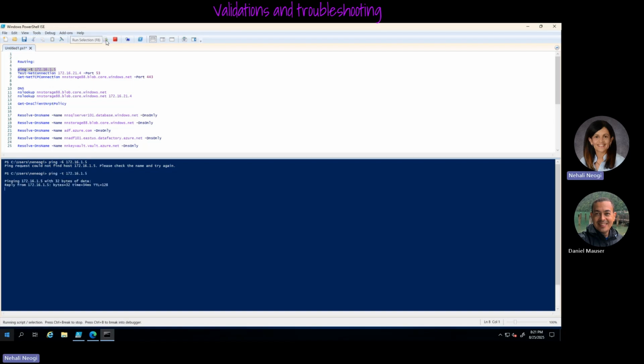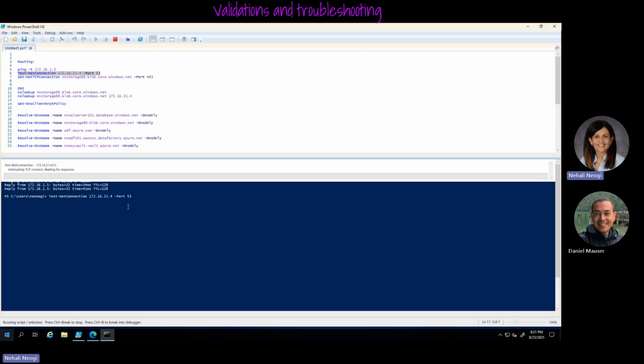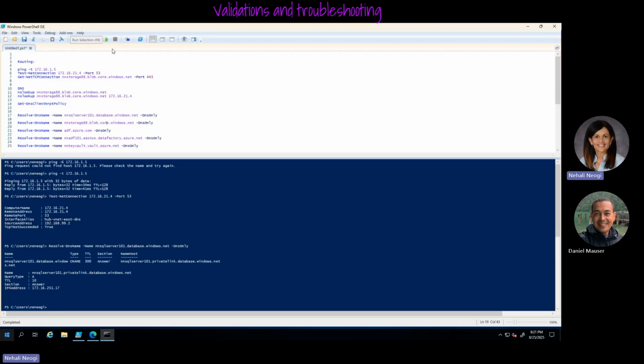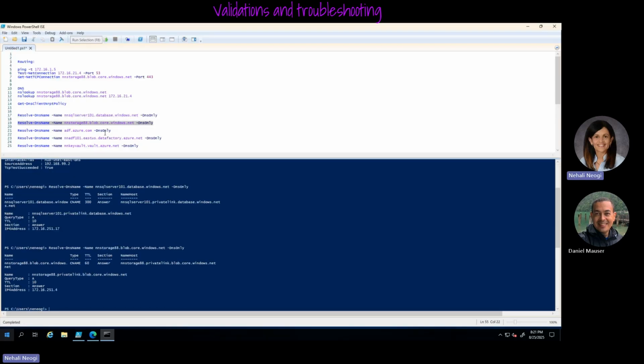You can ping something in Azure, a VM in Azure, and then make sure that you can reach port 53. So routing should be intact, and then like we did earlier, make sure all of your source sync